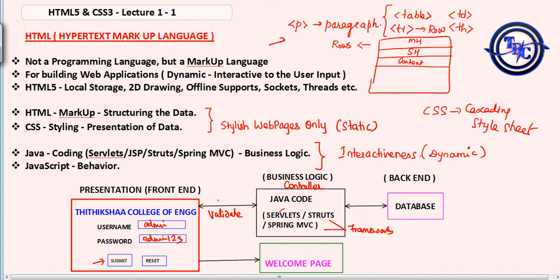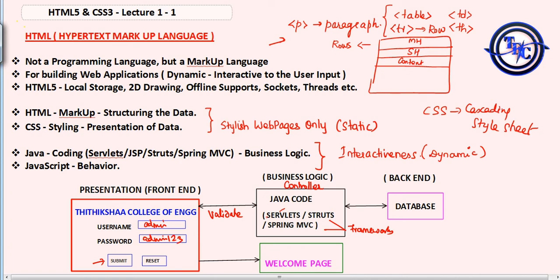So this will validate if the credentials are right. Then it will take you to the welcome page. If the credentials are wrong, it will come back to the login page itself. In turn, if you have a database, it will go to the database and collect the information of the username and password, and check whether it's right.